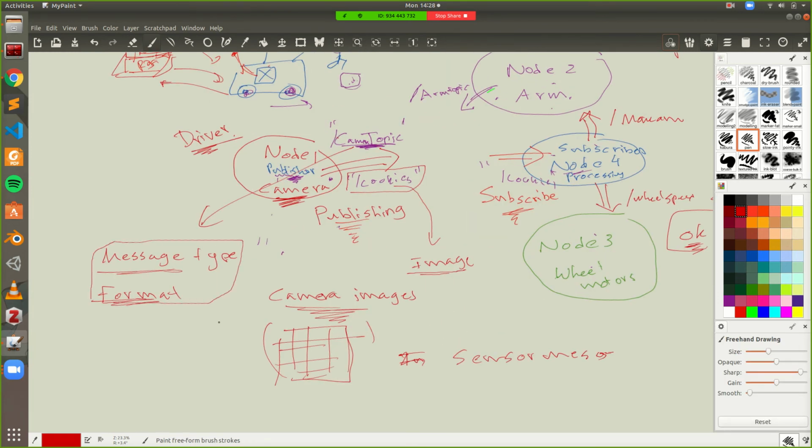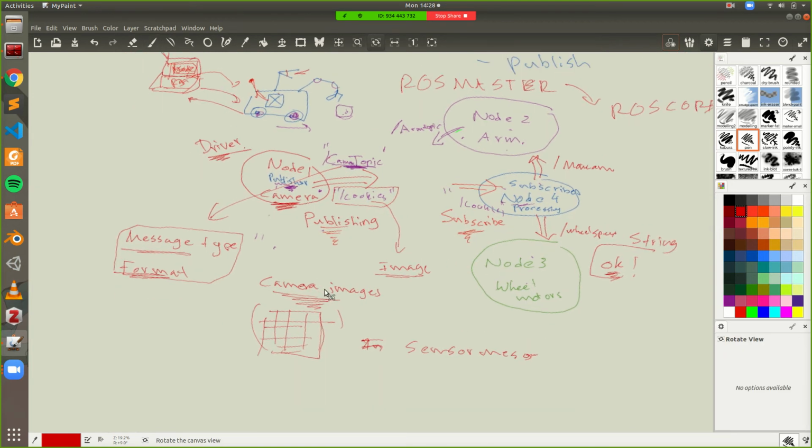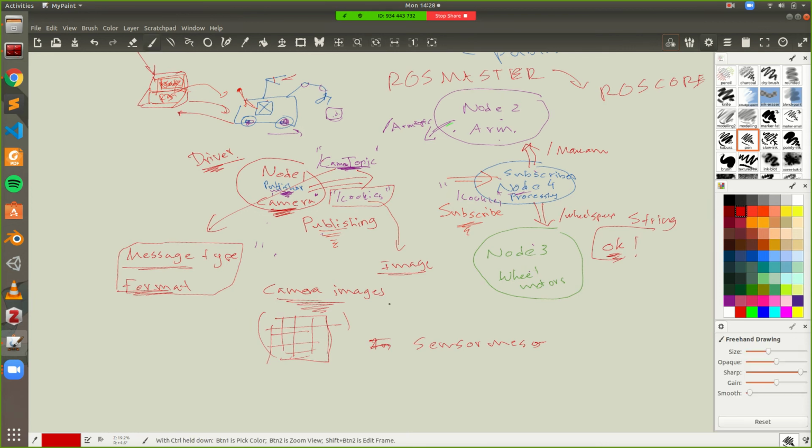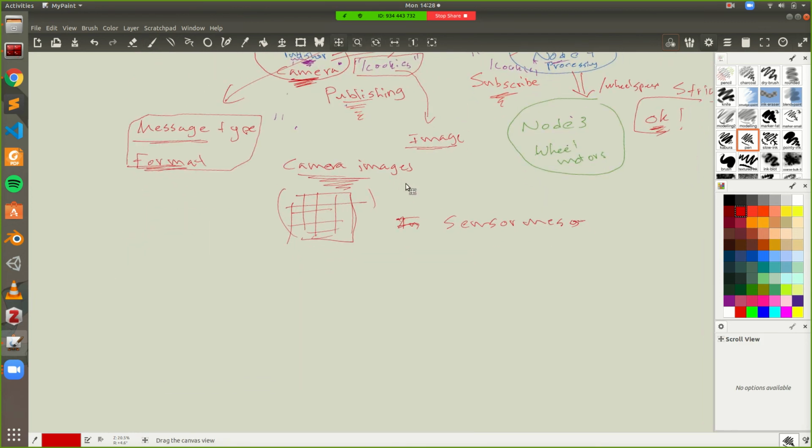So you have different message types, and when you're writing these topics, you need to specify which message type you want to communicate to other nodes, right? So a typical message, you have different types of messages, but in a typical message there are a couple of common things,